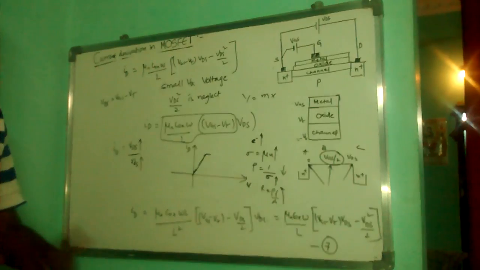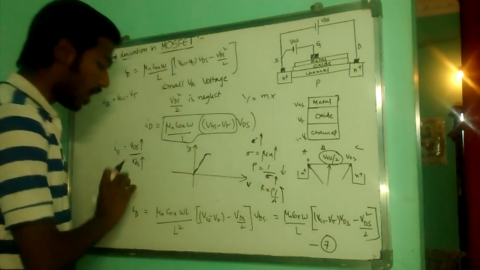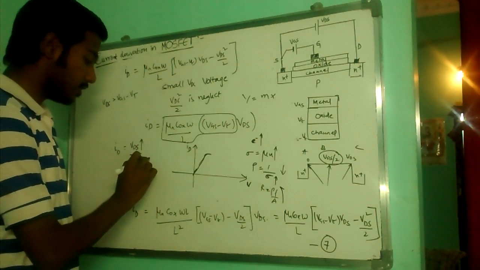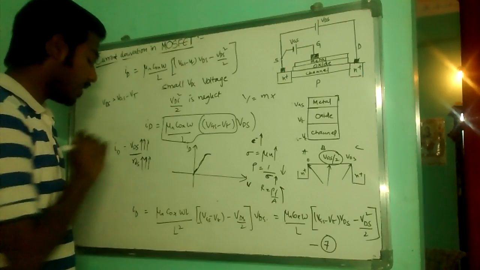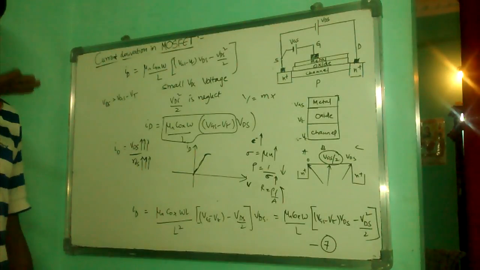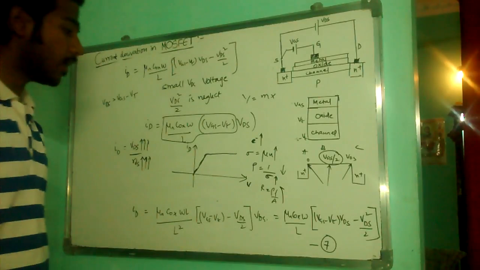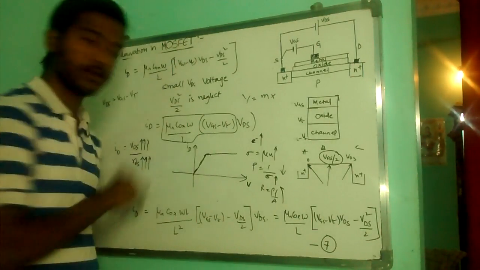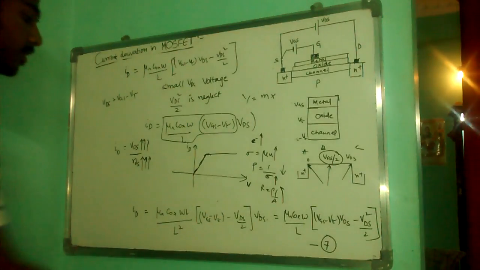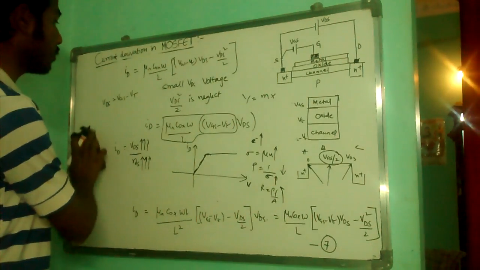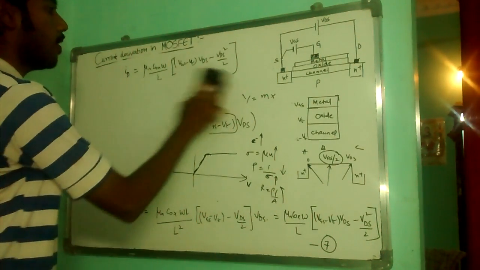That means this RDS will keep on increasing as VDS is increased, and at a certain point the current becomes constant. That point is called the saturation point. Okay, we obtain the current relation for the saturation point by